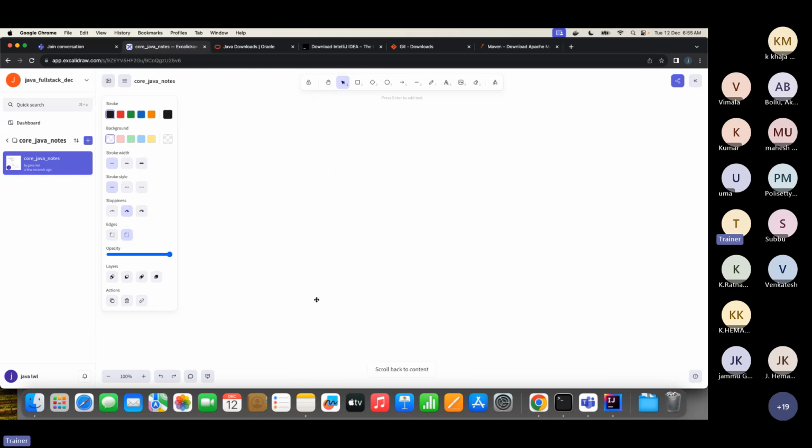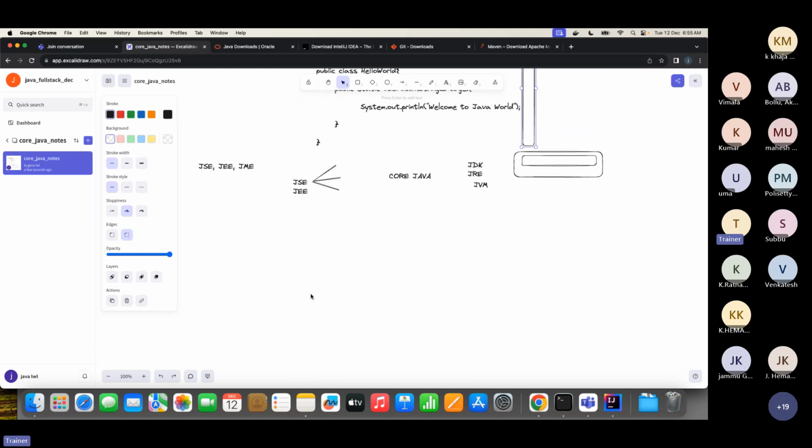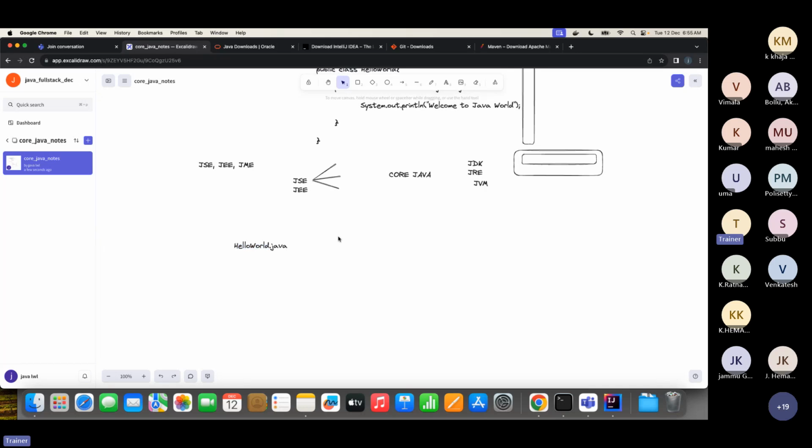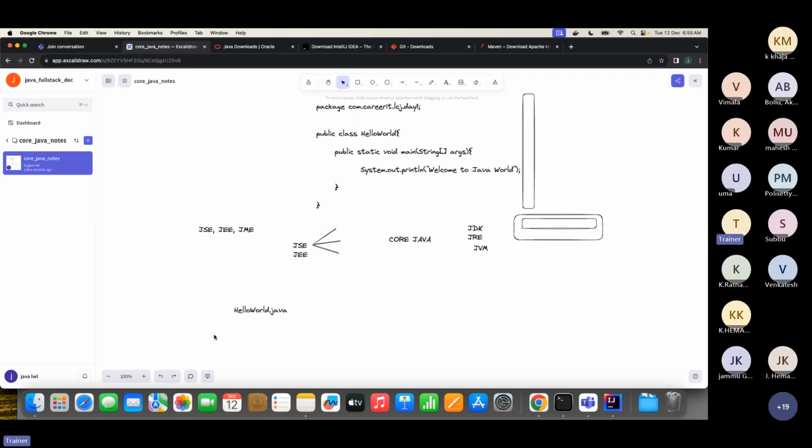In case of Java, whenever you write your Java program, suppose I write HelloWorld.java, the convention says the class name and the file name should be the same. Suppose my class name is HelloWorld, you need to follow the same naming convention. The preferred names for a class are nouns,